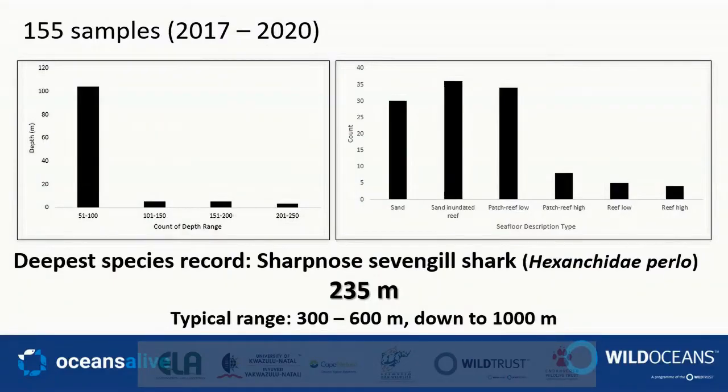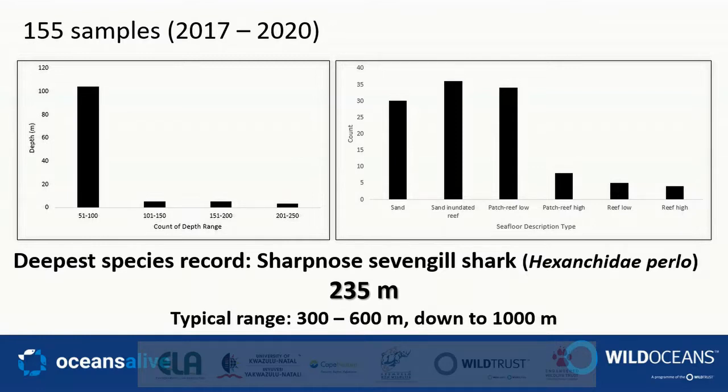So of the 155 samples collected and analysed, the majority have fallen in the shallowest mesophotic depth category, between 50 and 100 meters. That's so far. However, where sampling can and could extend to 250 meters, the importance of detecting unique species at